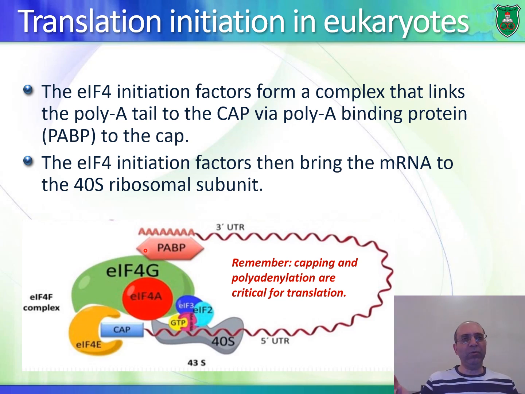And someone would say, well, wait a second, the poly-A tail is at the end of the messenger RNA, the part of the messenger RNA that is not translated. How is it important? Well, it's important because you have these proteins, particularly initiation factor 4G, and you have another one, initiation factor 4E. They form a complex with a poly-A binding protein,